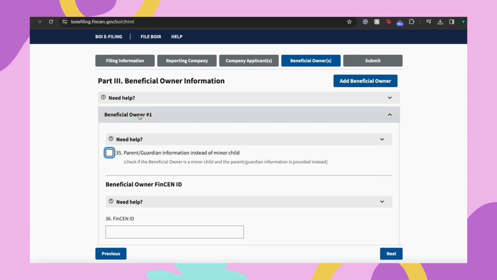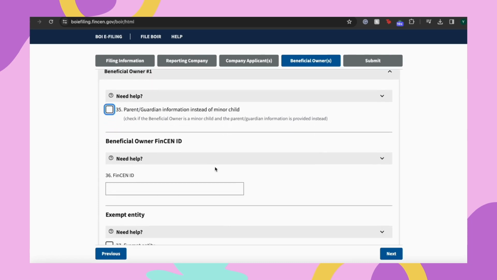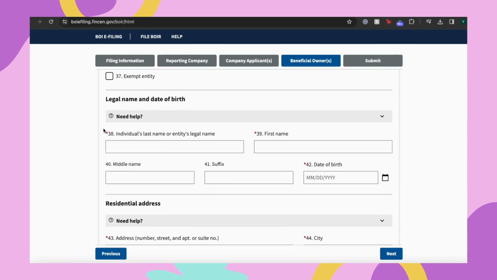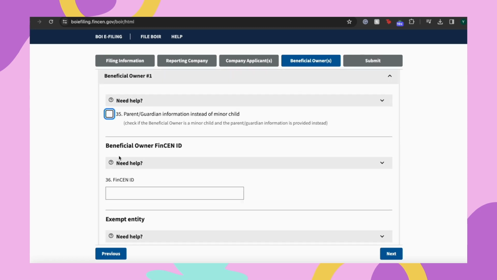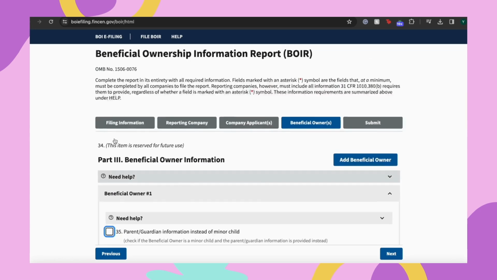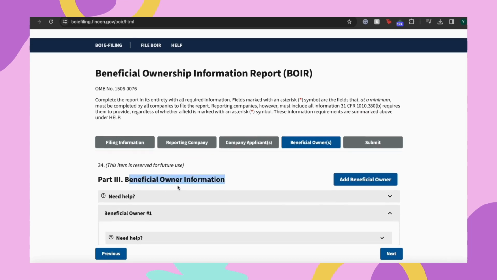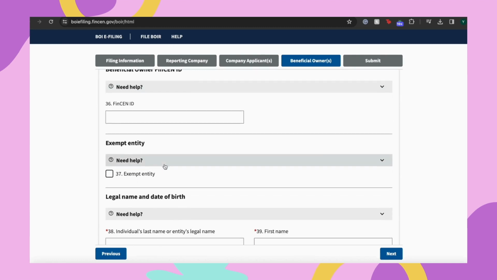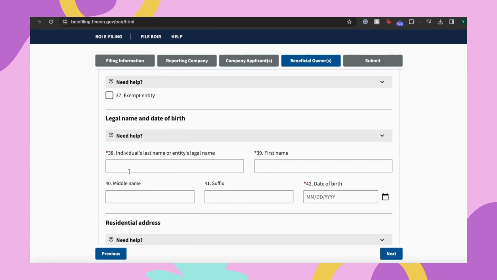Number 35, you can leave that blank, unless that applies to you, and also leave 36 blank and 37, and scroll down to number 38, which is where you will put the owner or the individual who is going to be the beneficial owner. You will want to put the information of whoever the beneficial owner is, but in this case it would be the owner. So number 38,